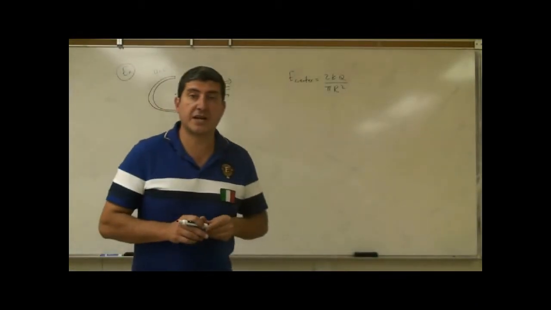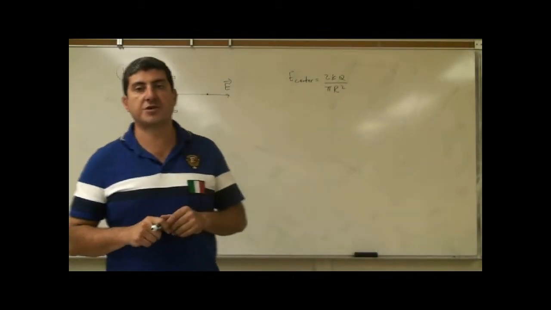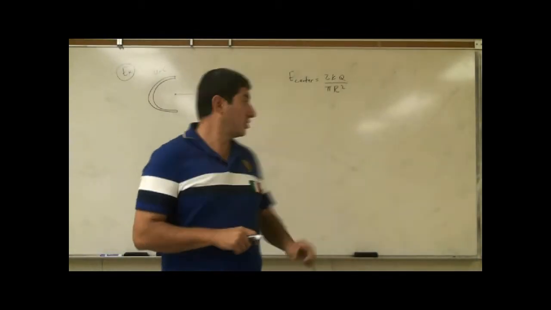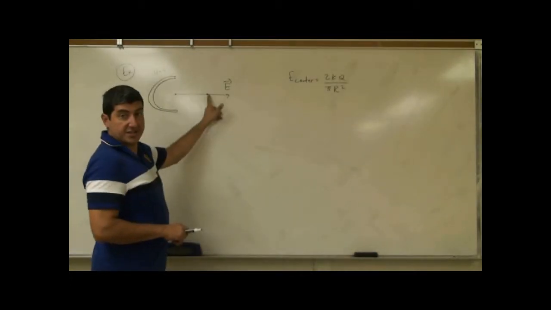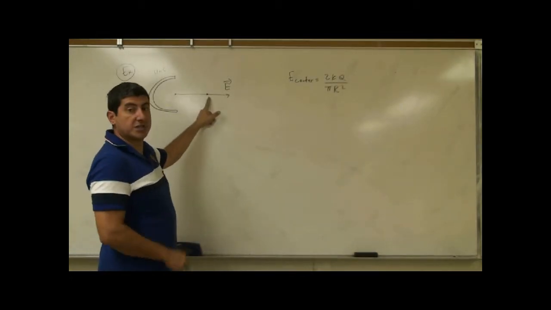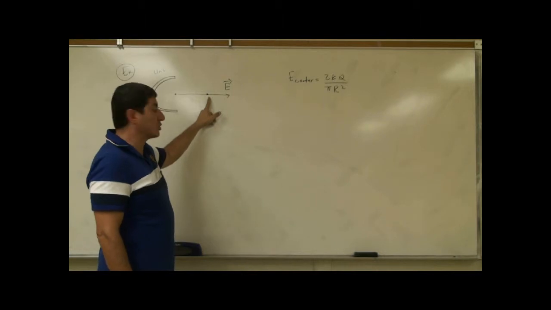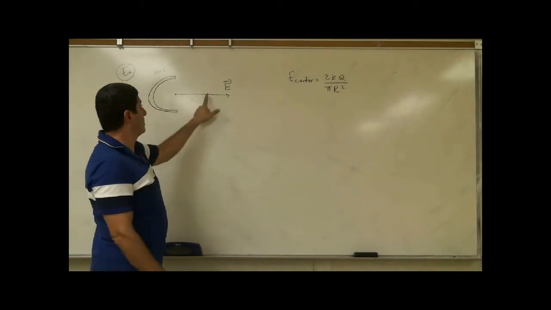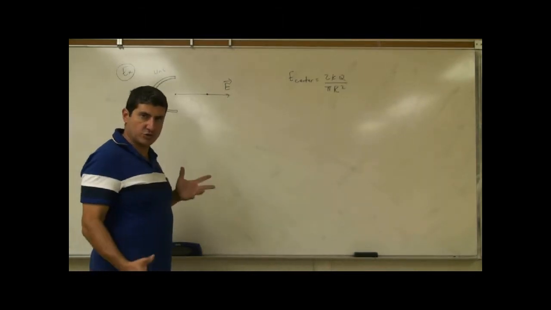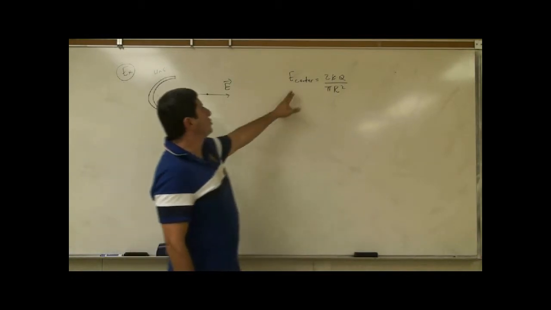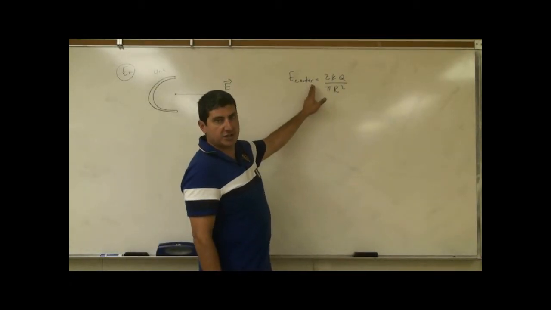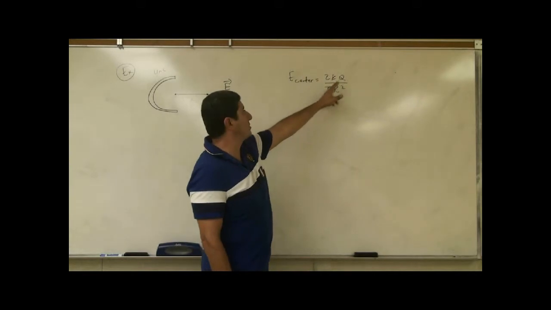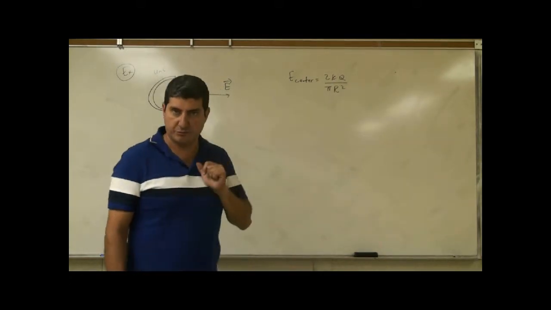Now we're going to apply the same techniques that we did for the potential that is not at the center, 3 meters away. We're going to apply similar techniques to find the electric field 3 meters away. How do you do that? Okay. We know the electric field at the center of the semicircle is 2kq over pi r squared from previous